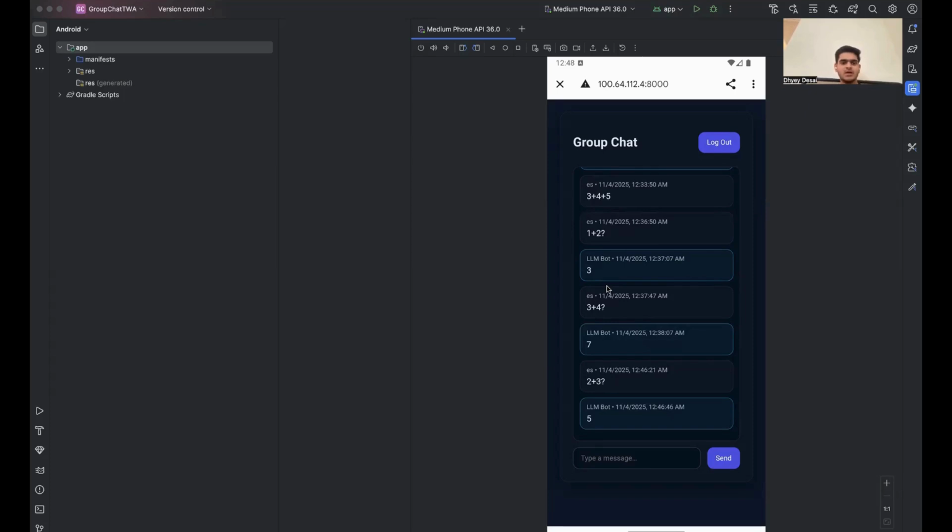in real time. So this demonstrates a fully functional AI-enhanced group chat application with user authentication, real-time messaging via WebSockets, AI-powered responses using Meta Llama 3.1, and cross-platform support with web and Android. All running locally using llama.cpp for efficient